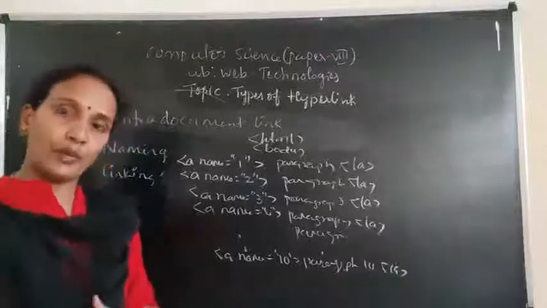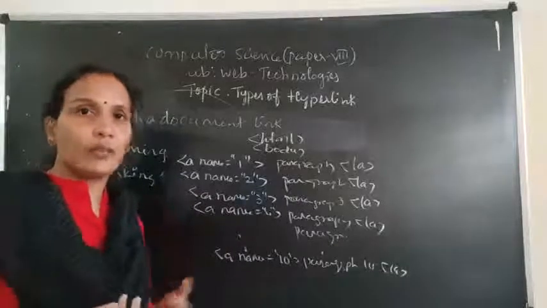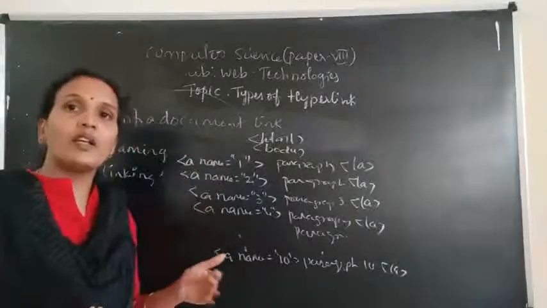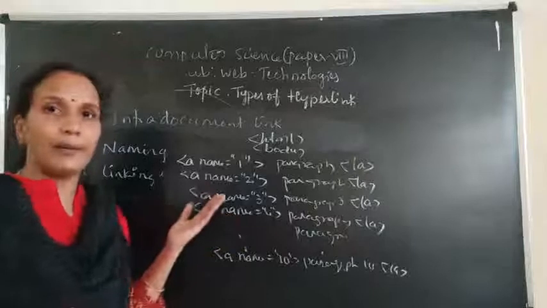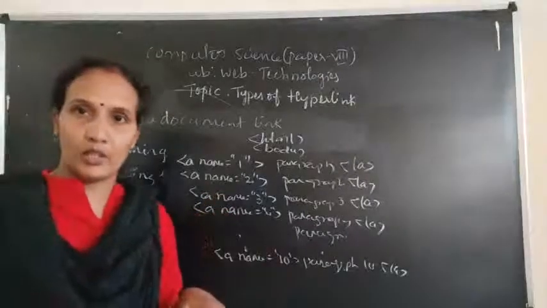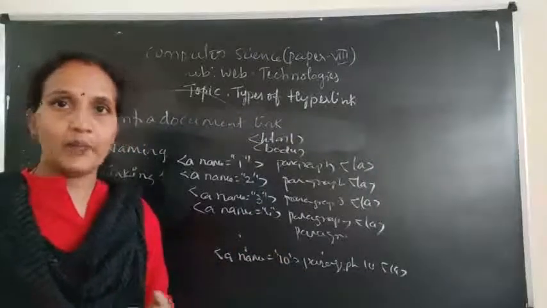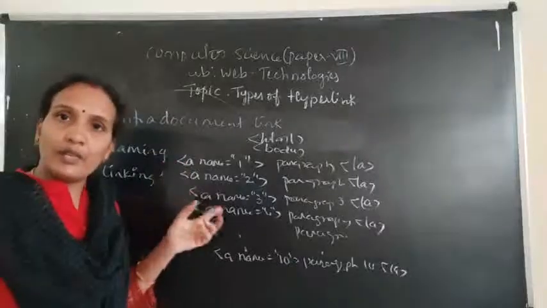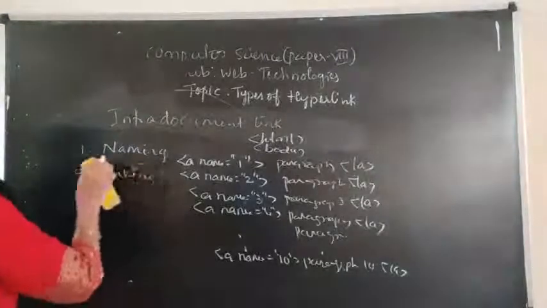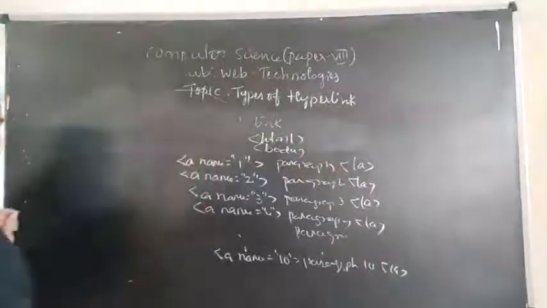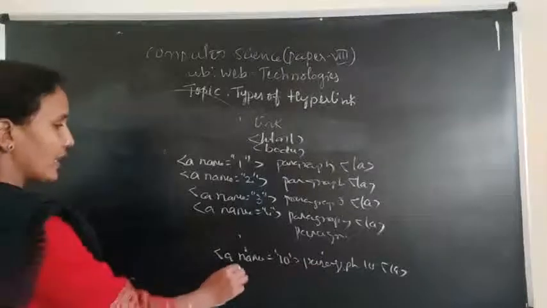Now what is the next step? You need to give the link to these paragraphs. And now it is very easy to give the link because we already know the names of the paragraphs. Similar to the last example with a.html and b.html, where we know the target file, it is easy for the programmer to give the target file name. Similarly, here we know the name of the section, so it is easy to give the link. Now, the naming section is over. The next one is the linking section.